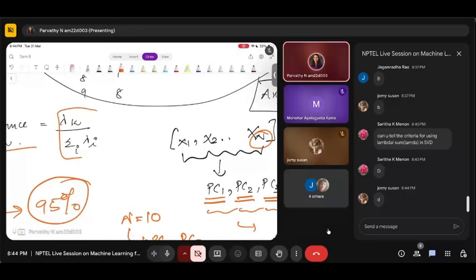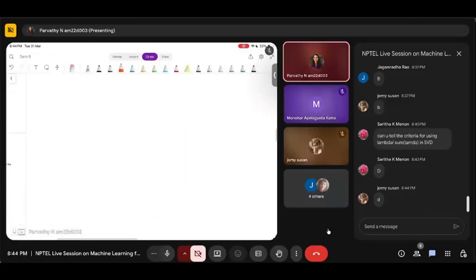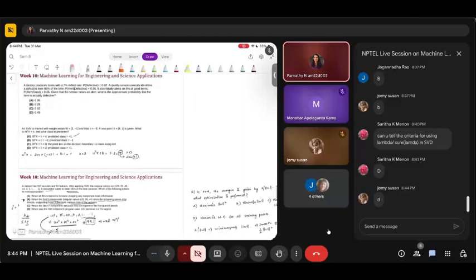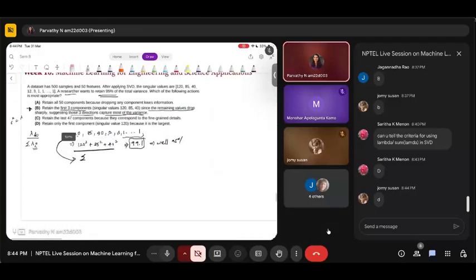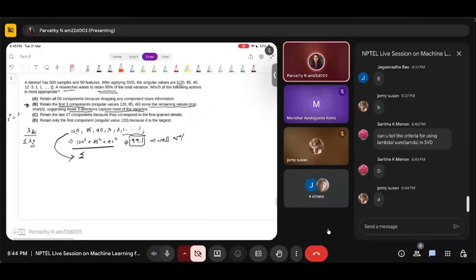This is the explained variance for eigenvectors, and when it comes to singular values, you take the sigma squared. So for example, we got these singular values: 120, 85, 40, 12, 3, etc. To find the explained variance, we take the square of that and divide by the sum of all